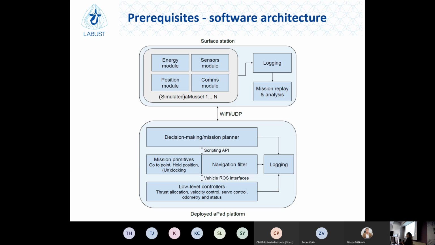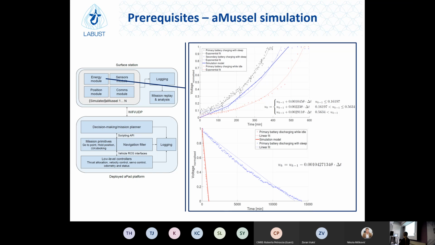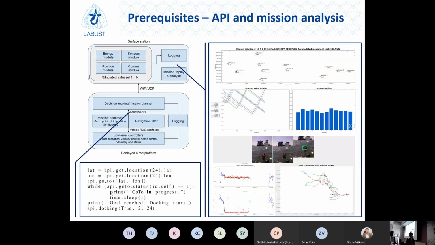And we have a surface station which has simulated aMussel agents. This segment contains a lot of other work which I will not go into in detail here. We have modeling of aMussel batteries, based on experiments with real aMussels, to have as realistic a simulated aMussel as possible with regards to energy sharing. We have an APAD high-level mission planning API for an end-user approach to creating APAD missions. And of course, we have mission replay and analysis screens to see what has in fact occurred during this